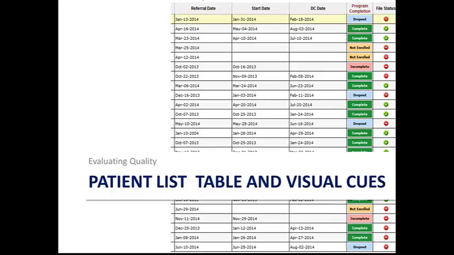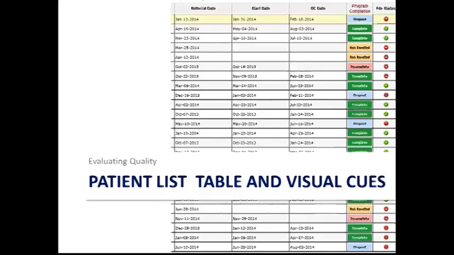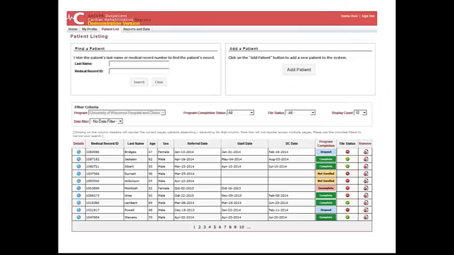Next, let's look at the patient list table in the registry and how we have provided visual cues to allow you to quickly assess the completeness and accuracy of your patient records. The patient list will show all the records that you have entered into the registry. There are a number of ways you can manipulate this table.